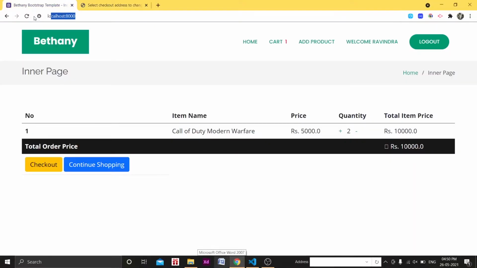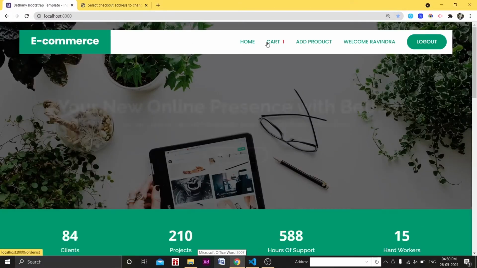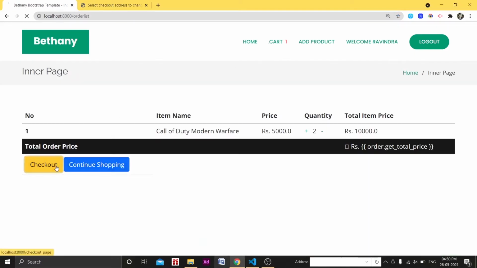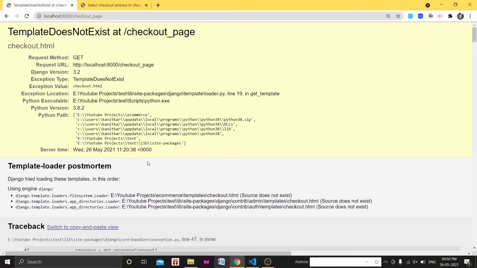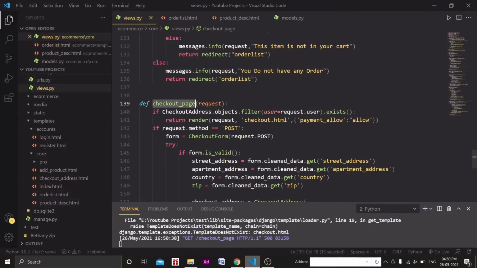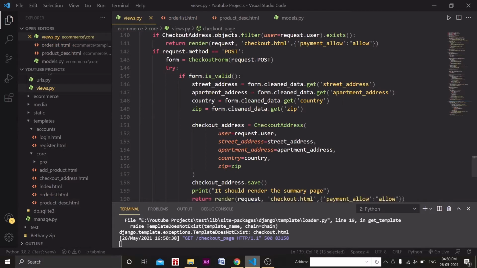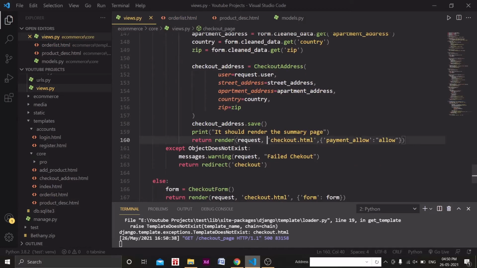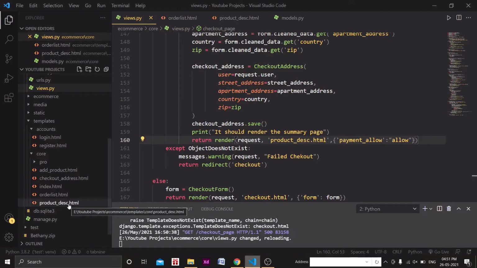Okay, let's go to the home page, then cart. When we click on checkout, template does not exist. Why? Checkout.html. Okay. We have product description.html, but we are just rendering the checkout.html, so we don't want this. Okay, why are we in product description?